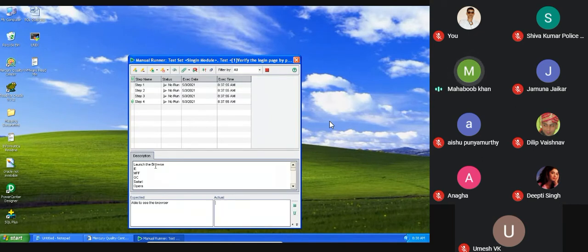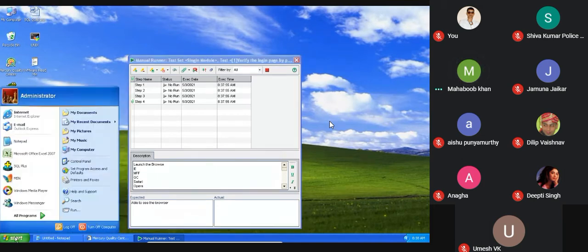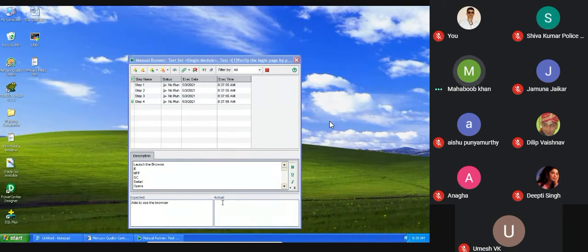Now, by seeing this, launch the browser. You need to open Internet Explorer. Once you open it, you are able to see the browser. Internet Explorer is launched successfully.